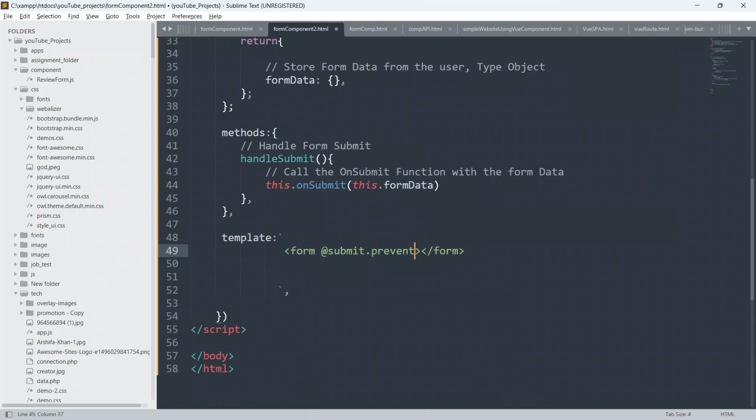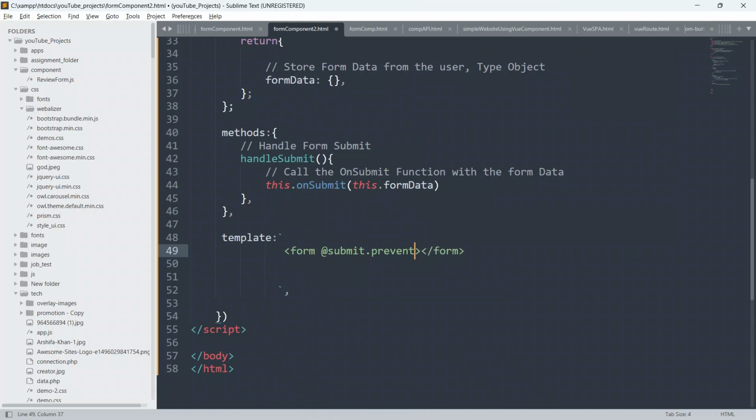form. Okay, so guys, I hope you know what is the default behavior, what is the default action or functionality of the form. The default behavior of the form is whenever you try to submit the form, it will try to go to the next page, and in that process the page refreshes. Okay, and in that process our form or page also gets refreshed.